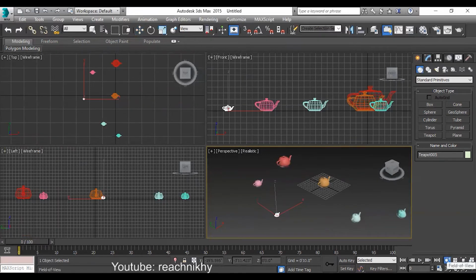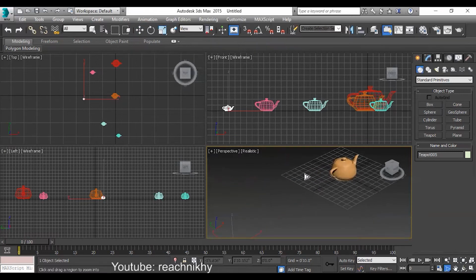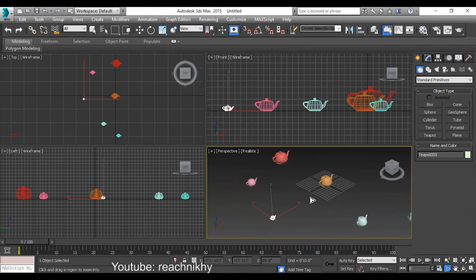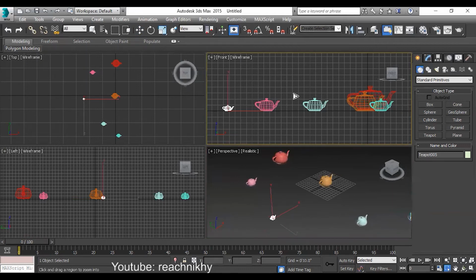Then here we have one more tool called field of view. This tool works only with the perspective viewport. That means if you select it, you can do it like this, you are increasing or decreasing the field of view at this place. If you click in a 2D viewport, observe over here, your tool immediately changes to a different thing. Zoom region. There is no field of view over here. You are not going to increase or decrease or make it wider or less wide in the view, right? So there you got our zoom region.